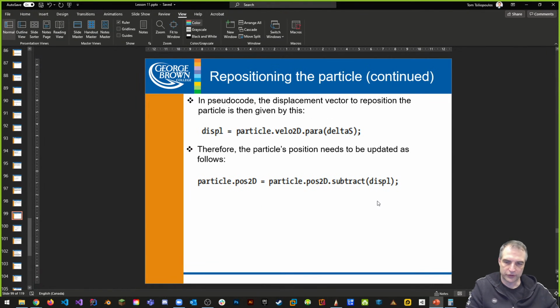I'm not going to go too much into this right now. But here's the pseudocode for the displacement effect, right? So for the displacement, we're going to look at the particle's velocity as an example, and the displacement is going to be a factor of the delta angle, if you will, how much it went through. And then we're going to reposition it: we're going to subtract the displacement, again, this is just pseudocode, from its original trajectory.